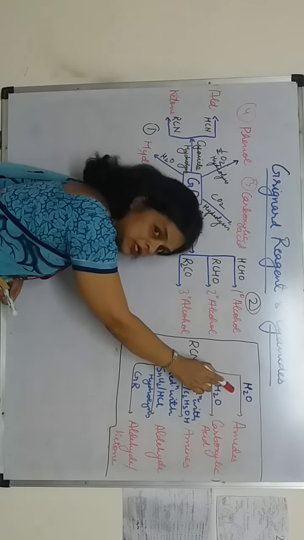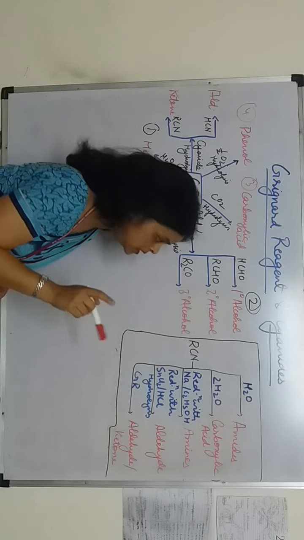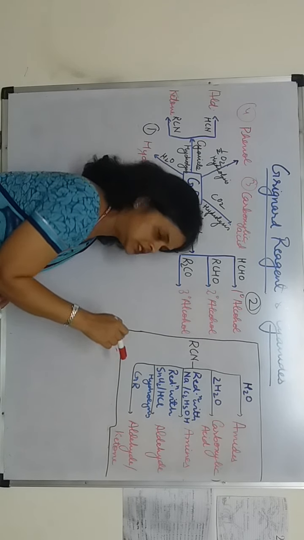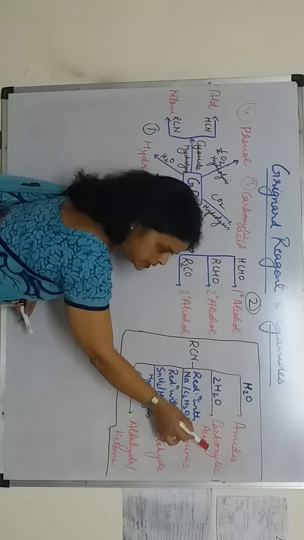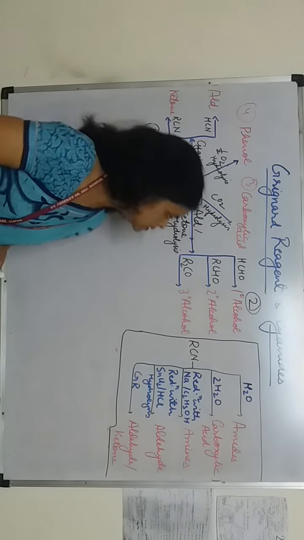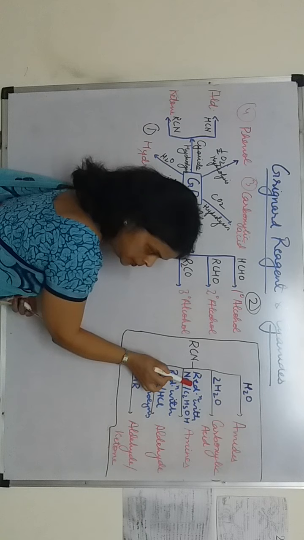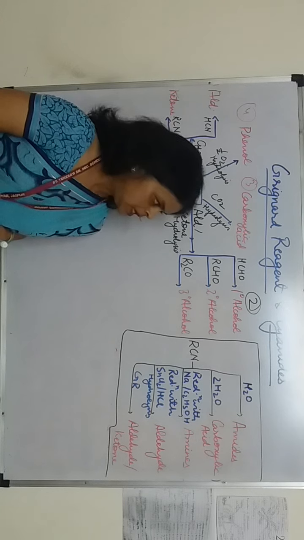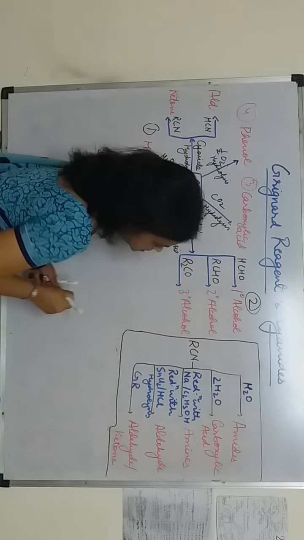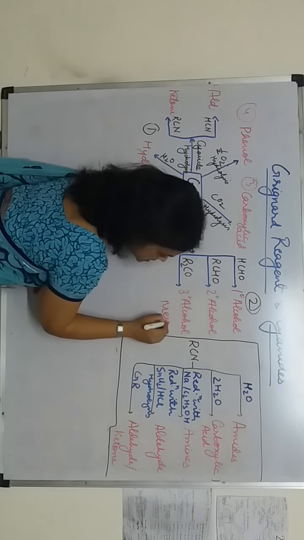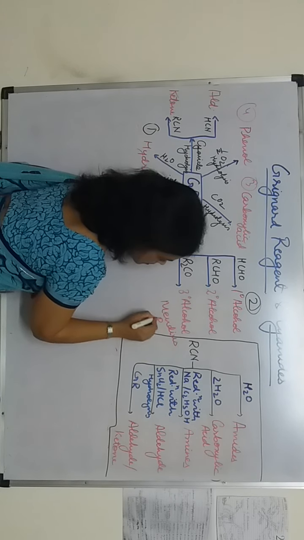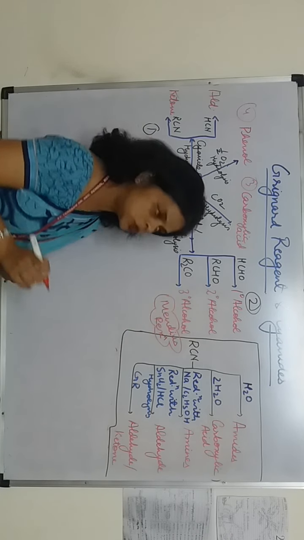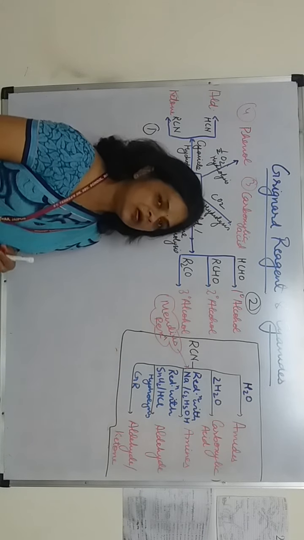Cyanides, when they undergo partial hydrolysis, that means one molecule of water is added, can form amides. When cyanides undergo complete hydrolysis, that means two water molecules are added, they are converted into carboxylic acids. When cyanides are reduced with the help of sodium and ethanol, they are converted into amines. And this is a name reaction, students, a very important name reaction, the Mendius reaction.